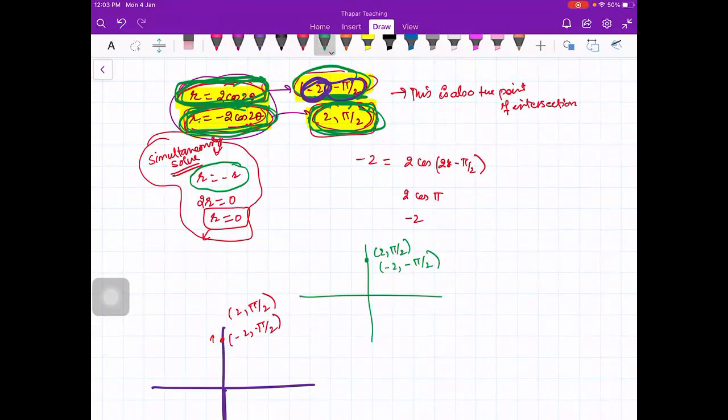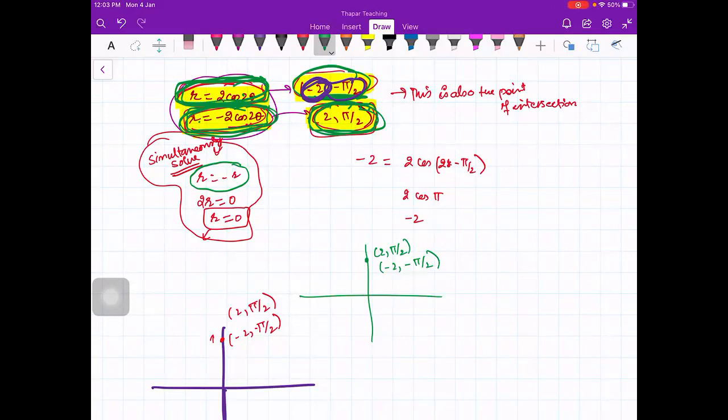So let me finish today's lecture: you should know how to plot these curves: circles, lemniscates, limaçons, and what else? Cardioids. Okay, four curves you should know how to plot. There are so many curves in your book. There are roses also, roses with 3 petals, roses with 5 petals. But for your syllabus as of now, you will be focusing on these four: circles, lemniscates, limaçons, and cardioids, right? But for practice, you can plot any curve. You are free to do so.